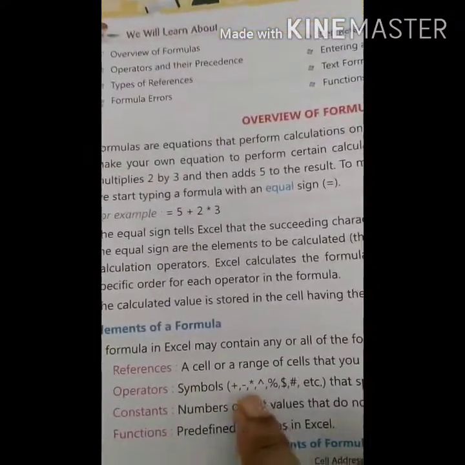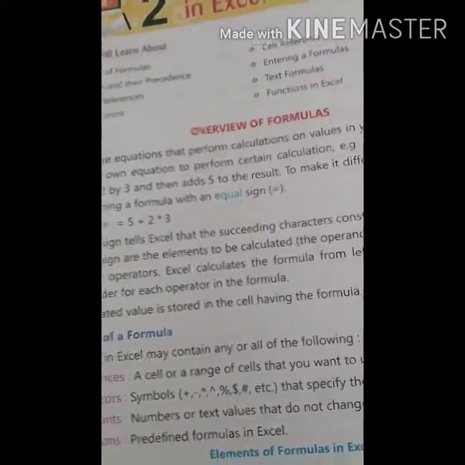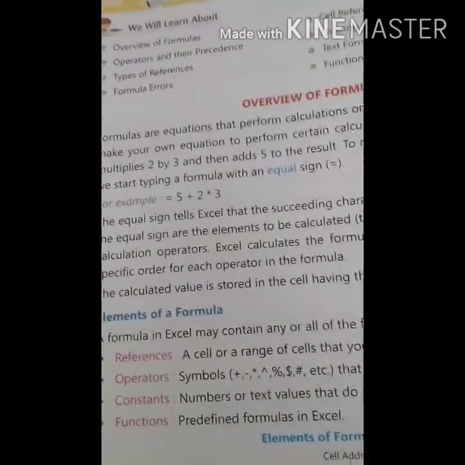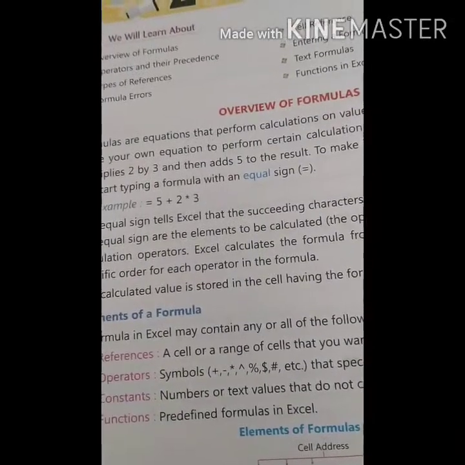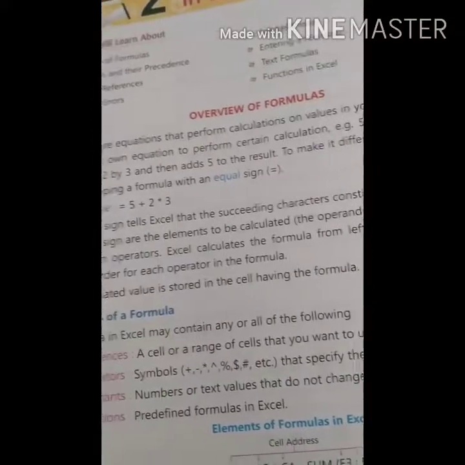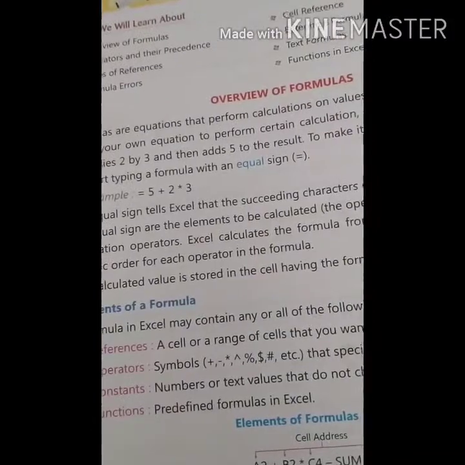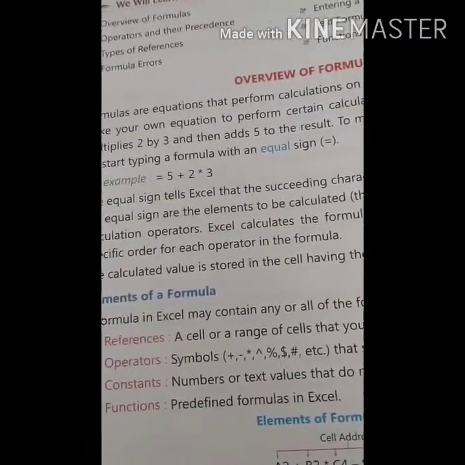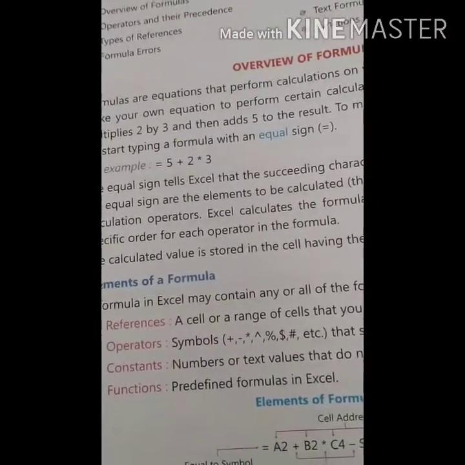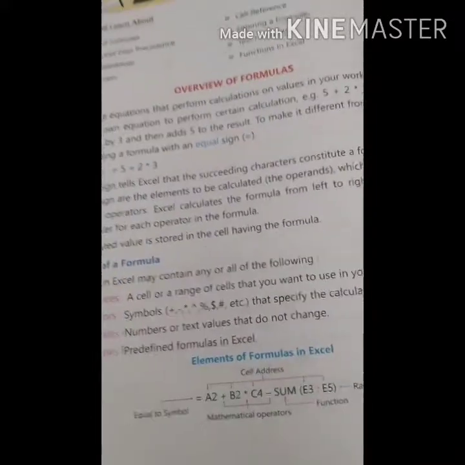Operators: we have plus, minus, into. All these operators help us to do mathematical calculation. Constants are numbers or text which do not change their value. Functions are predefined formulas given in Microsoft Excel to do mathematical calculation.